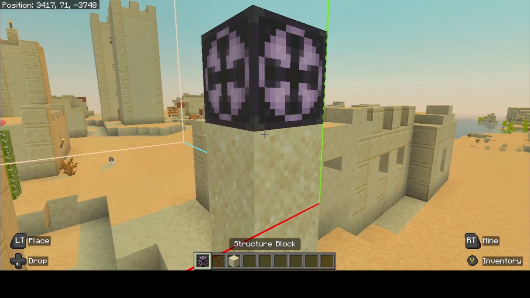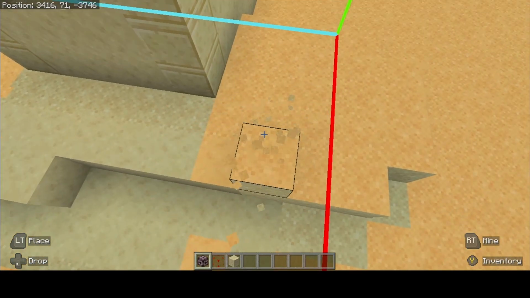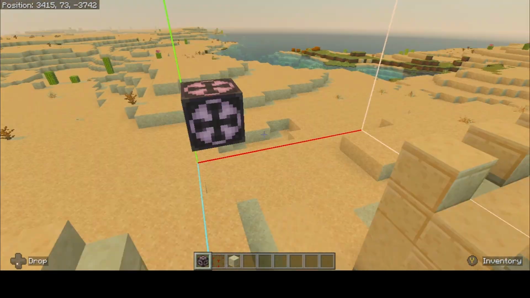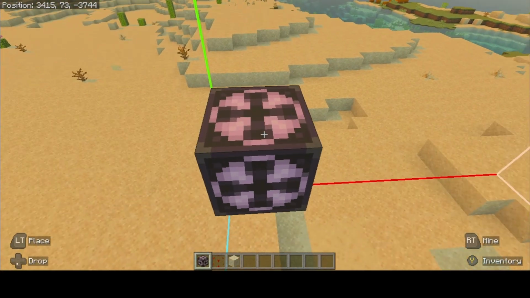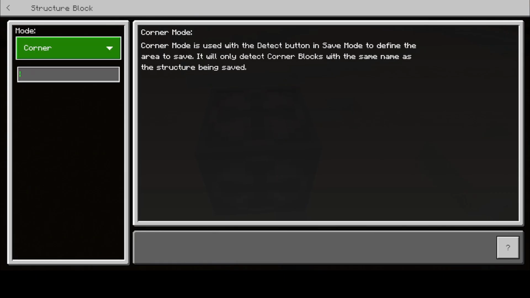Alright, we're going to place a structure block here. This is going to be the corner. I can break these now. And I'm going to go ahead and name the corner first because I'm already over here. So we're going to have it in corner mode, and we're going to name it